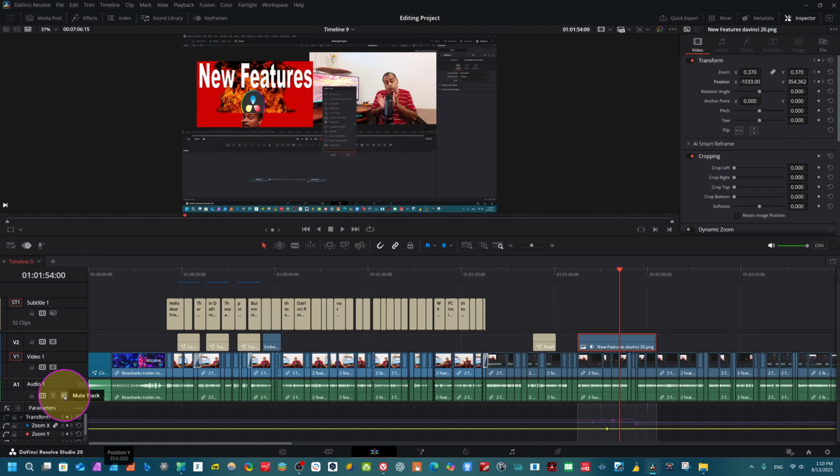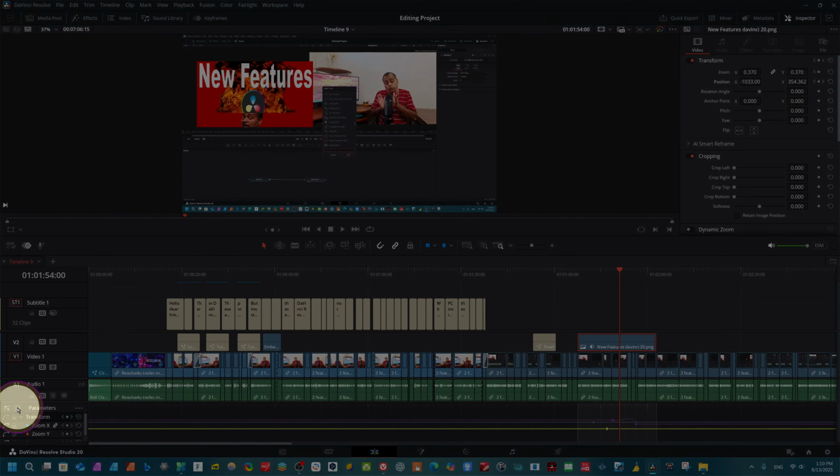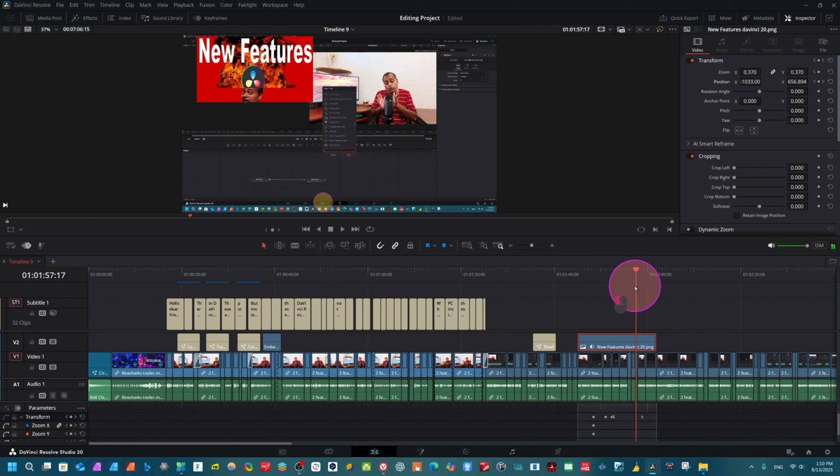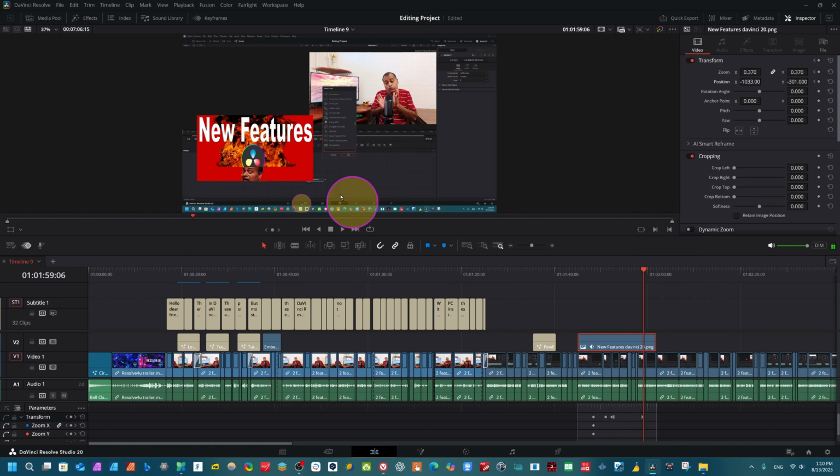And there is also another point here. This is the keyframe and this is the lens. You see this point here, this is the lens. From here you can change the position if you want. For example, I want to add this position here. You can directly change it here. This is the lens and it's visible here. This is called keyframe lens. Now we can play here. In the Fusion page you will find it here, and in the edit page you see I have changed it here. Try it yourself, then it will be more clear.